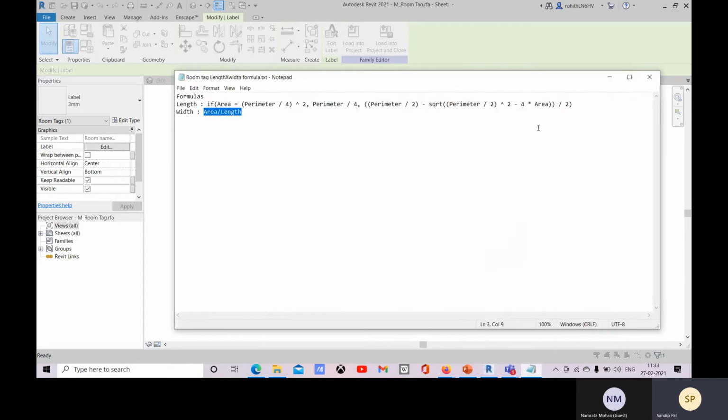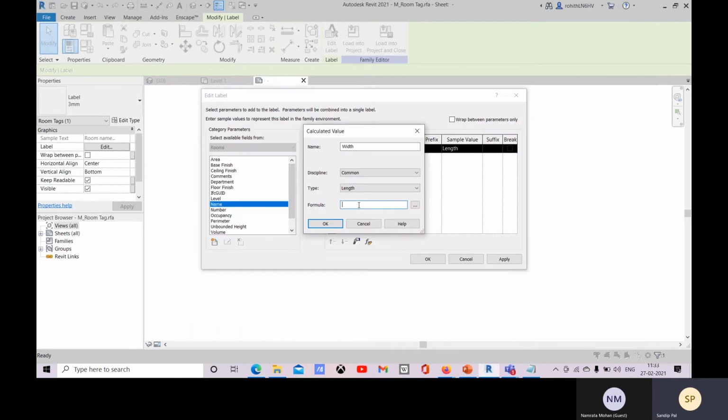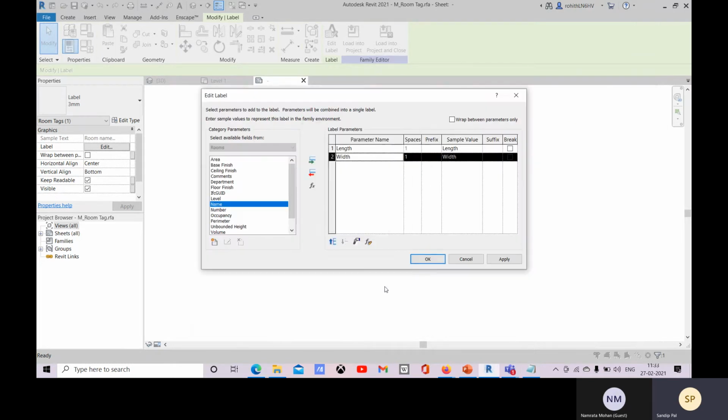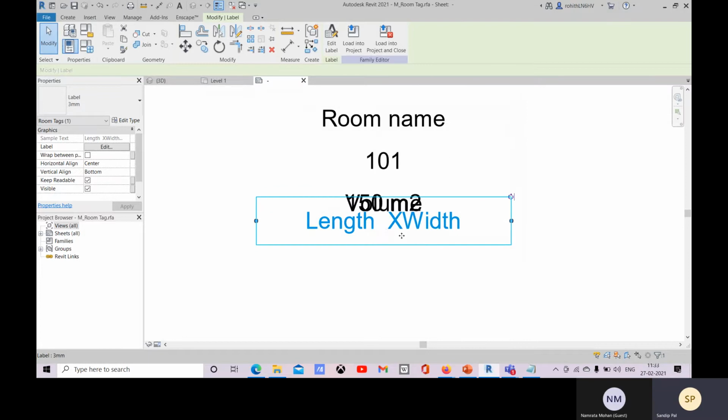Okay, you can simply copy it from here, or you can type it. Click on OK, and length into width, I need to show it like that. So in the prefix I will specify X, before that one space, and click on apply and OK. So here you can see this is there, right?